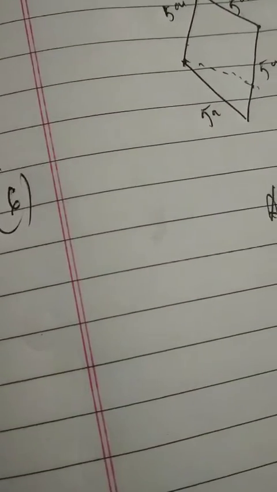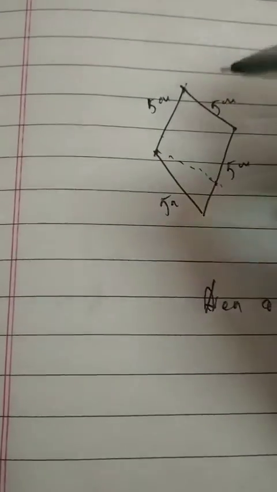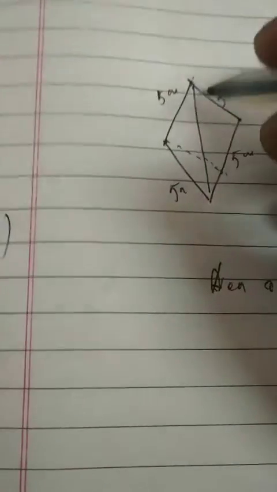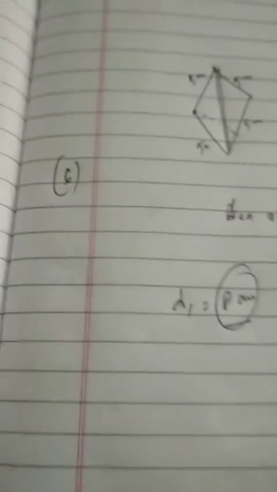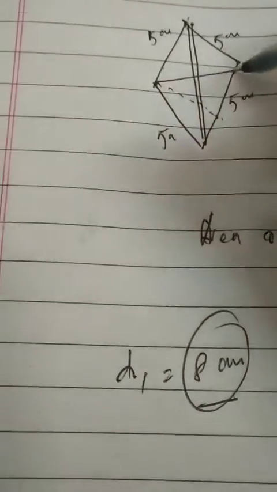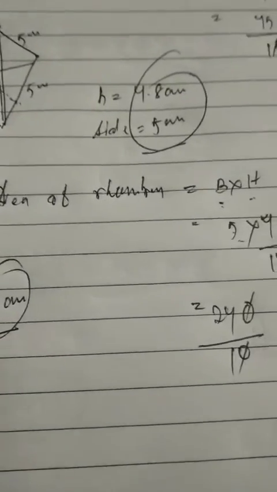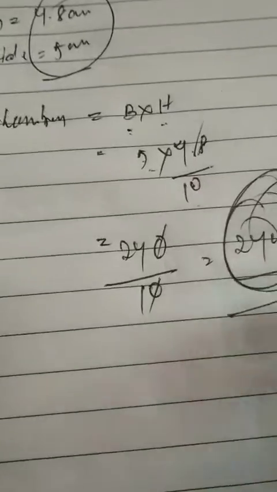So now the next one is number 7. Sorry children, this part of number 6 is about: if one of the diagonals is 8 centimeter long, find the length of the other diagonal. So one more part of this question is that the length of one diagonal is 8 centimeter. Suppose D1 is equal to 8 centimeter is given. Now the measure of the other diagonal is not given to us. So we have to find the value of the other diagonal. Children, we'll use a trick. The trick is, I have already got the area of this rhombus, that is 24 centimeter square.